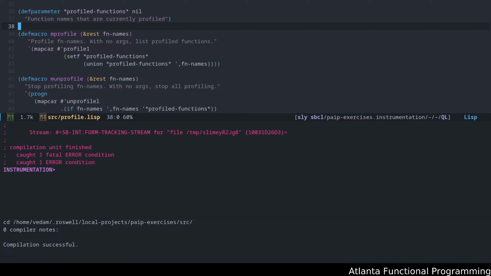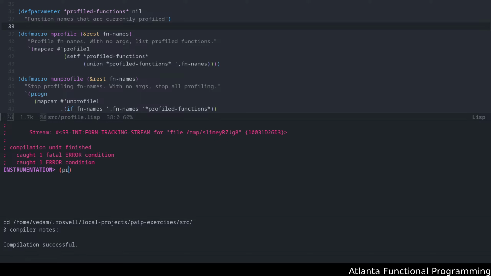Okay, the way we are currently keeping track of functions that we previously profiled is that we update, in the mapcar, the set of profiled functions with this global profiled functions variable, and it just returns a list of the profiled functions.